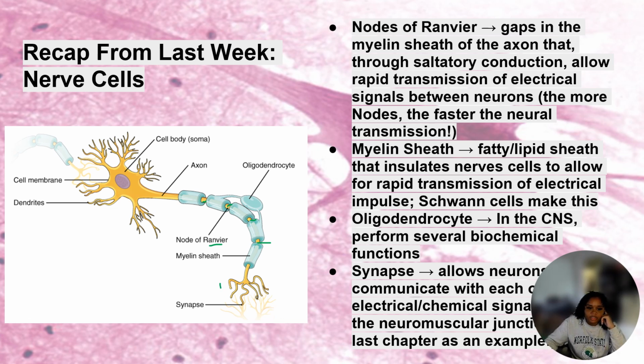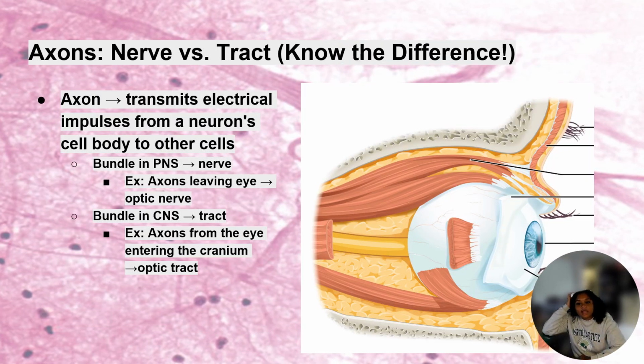And then that's your synapse right there. So it's important you know those parts. So axons, the nerve versus the tract. It's very important you know the difference. I'm using the eye, this slide that's in your textbook as well, as a good example of it. But an axon, like we said, transmits that electrical impulse from the neuron cell body, the soma, to other cells,